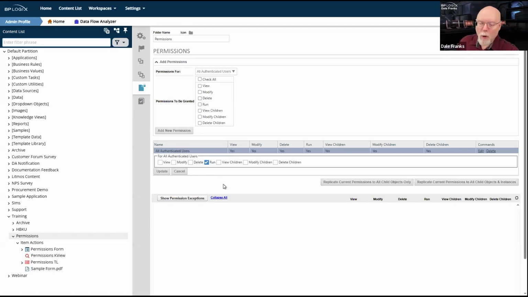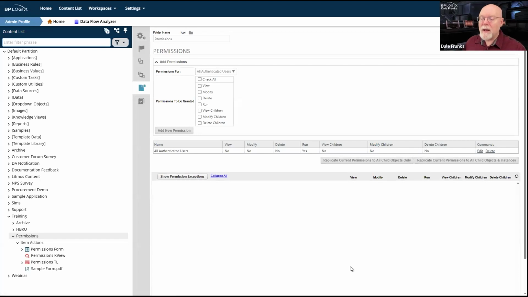So in the normal course of events, an authenticated user could open up a new form instance and could submit it, because that gets covered in the run permission. And after that, they can do nothing else. They have no other permissions on the system. Now, obviously, that's not going to work long term because, yeah, it's great that they can submit forms, but what happens when they get assigned a task in a process timeline? There's certain things that they're going to need to be able to do.